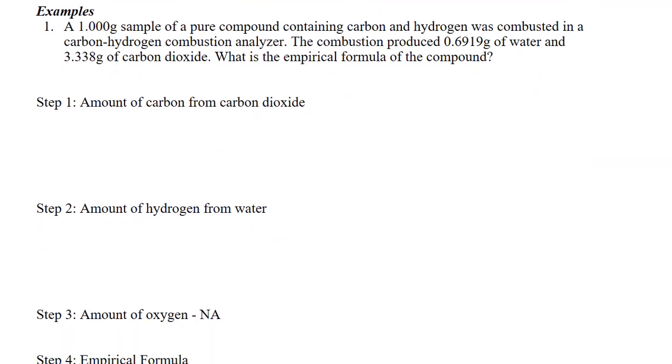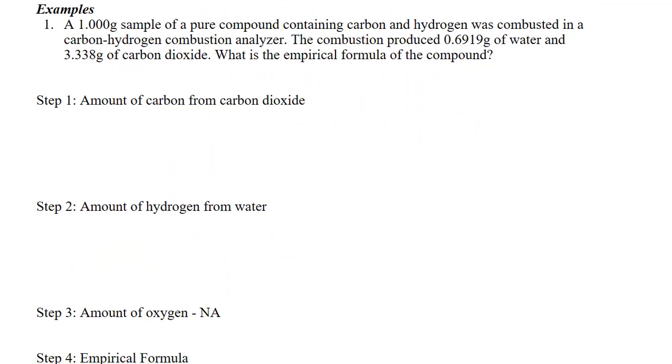So in this example, we have a 1 gram sample of a compound that contains carbon and hydrogen only. So we sometimes think of that as CxHy. Your variables can be different if you want them to be. We're combusting it, so we're reacting it with oxygen to produce CO2 and H2O. We know our starting mass of our sample, and we know the mass of the carbon dioxide that's produced and the mass of the water that's produced